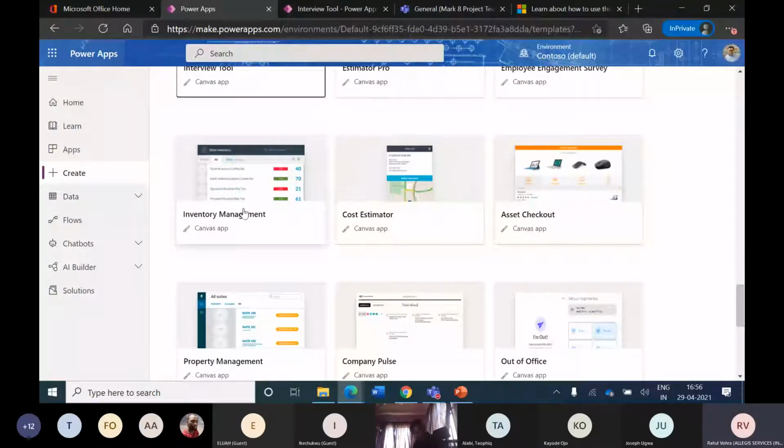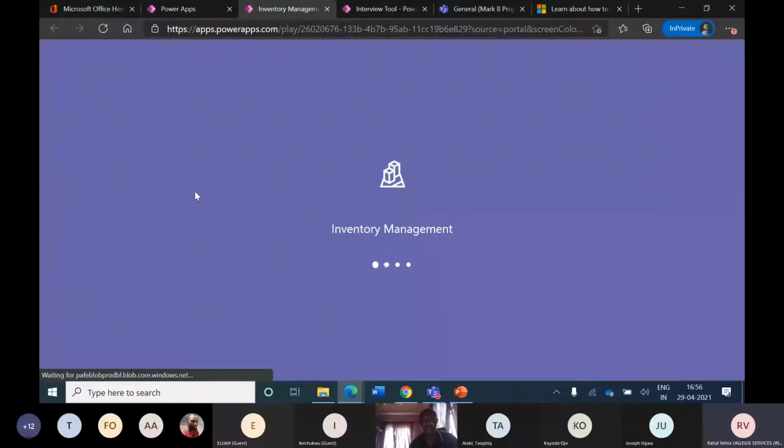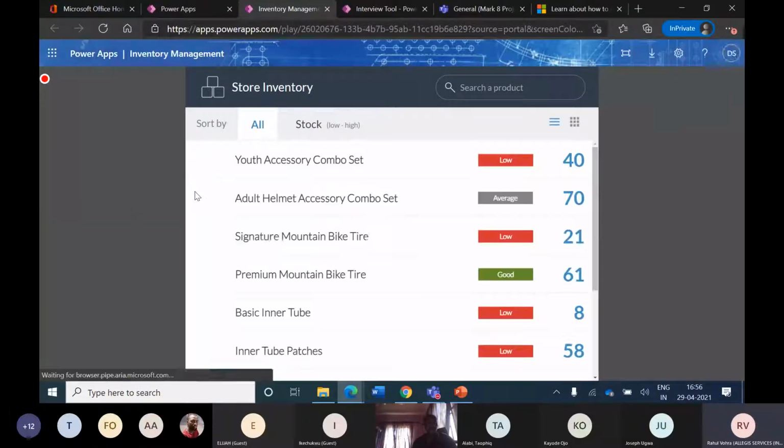Similarly, we have inventory management, which is also a very required use case to track the inventory available within the organization. It comes in handy, and as I mentioned, this is going to be available within the MS Teams environment as we are seeing. We will actually integrate our app in Teams as we go forward.